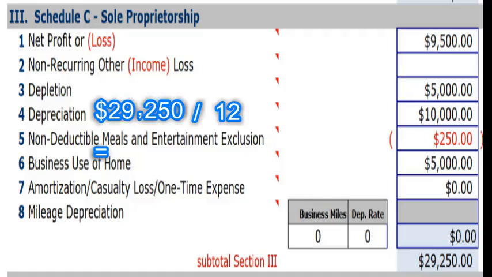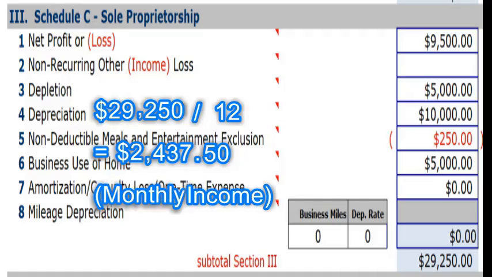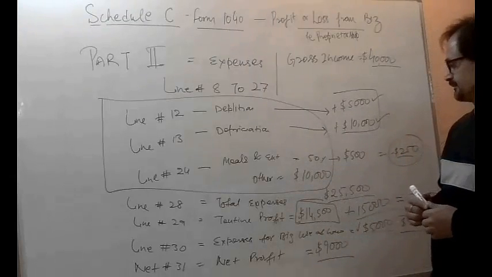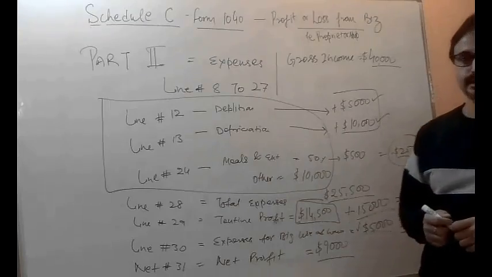Total $29,250, right? I hope that our Schedule C is clear to you. If you still have any doubt, let me know, and I will try to clarify that as well. But let's go to the next schedule, and that is Schedule